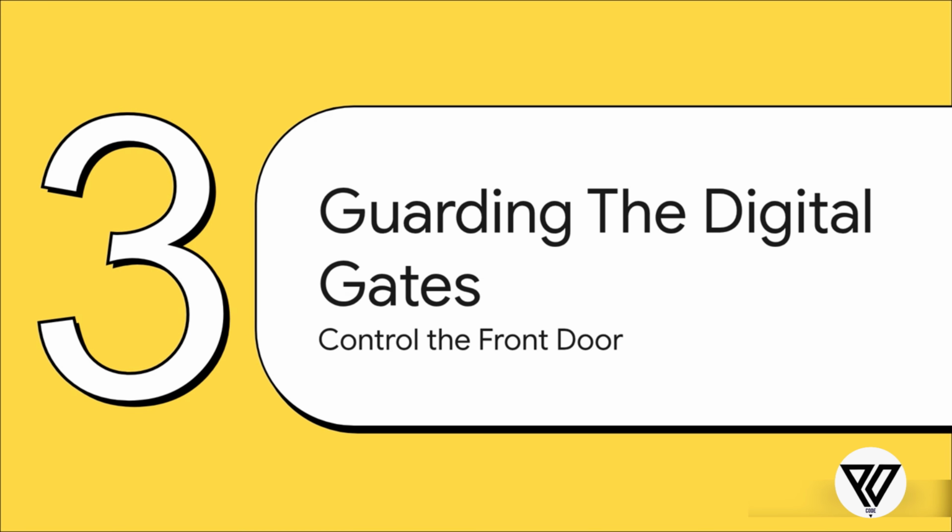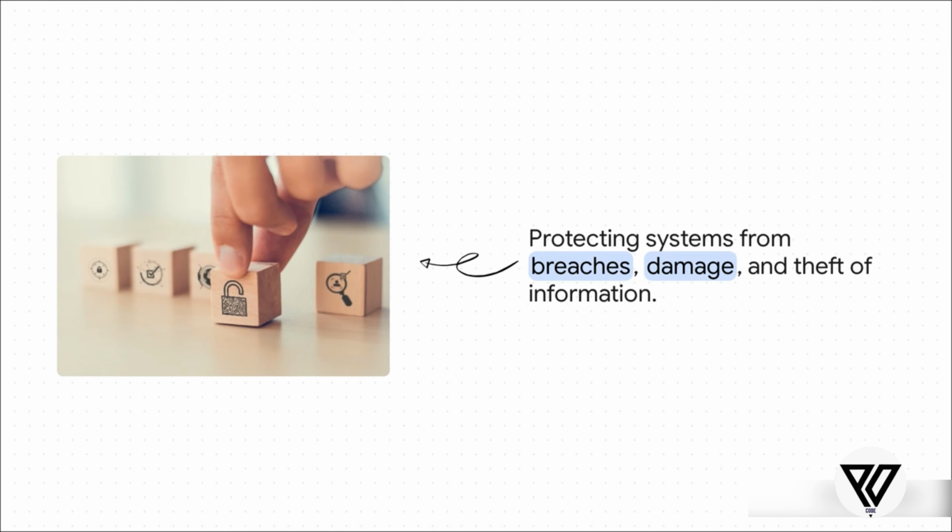Okay, so now we know what we're protecting. That's the confidentiality, integrity, and availability. So let's talk about how we actually protect it. This next part is all about guarding those digital gates. This means installing the actual security systems for our digital house. Think of this as your digital equivalent of putting up strong fences, installing motion sensor lights, and getting a state-of-the-art alarm system. In the tech world, that stuff translates to things like firewalls and anti-malware software.